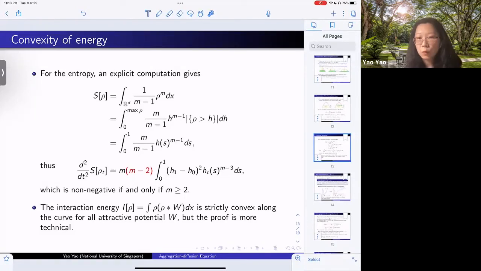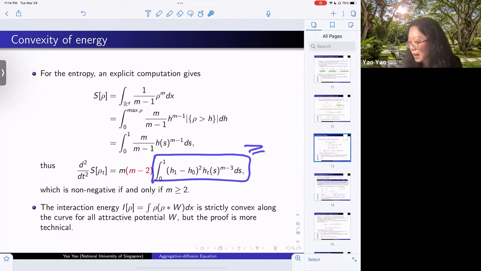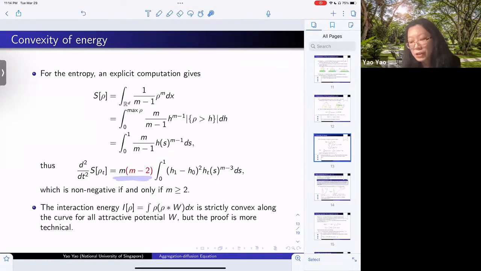A very quick and explicit computation tells us that it can be rewritten in terms of the height function like this. Because the interpolation is just a linear interpolation on the height function side, in order to check whether this functional is convex or not, one simply takes two time derivatives of it, and this is the final computation result, where the integral contains something that is non-negative, but its coefficient contains